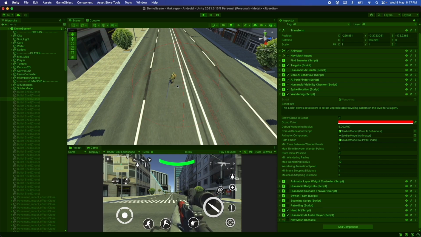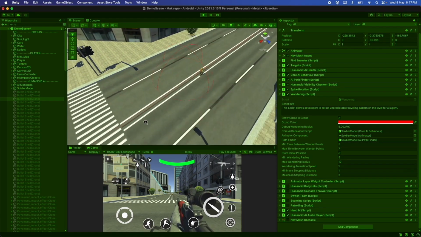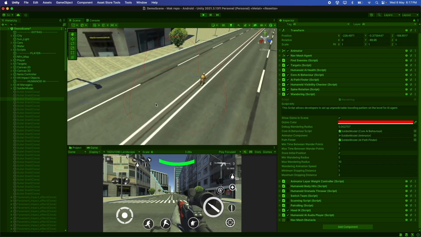Because if you'd set those values to be smaller, he wouldn't be able to even reach the current waypoint before the new one got created. So that would force him to switch to the new wandering point on the go, thus do his wandering without any stops whatsoever,